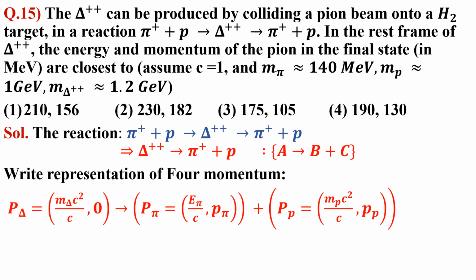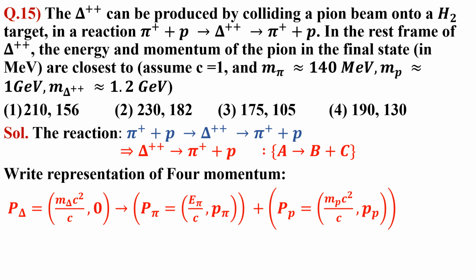Four-momentum for Delta equals m_delta c squared upon c, 0, because it is in its rest frame its momentum is 0, tends to momentum of pion in four-space